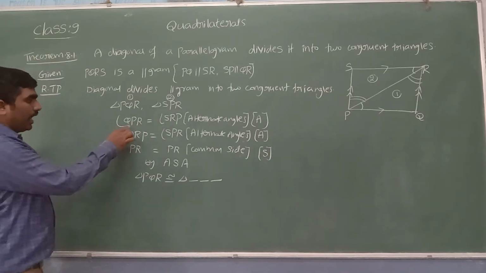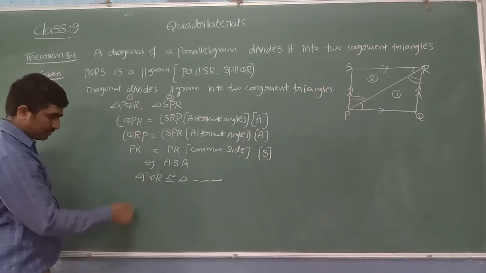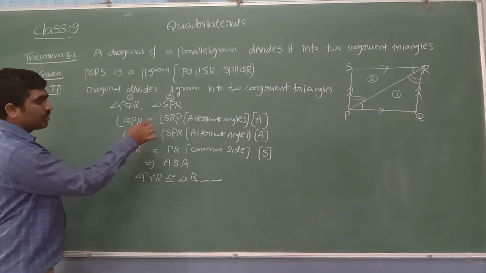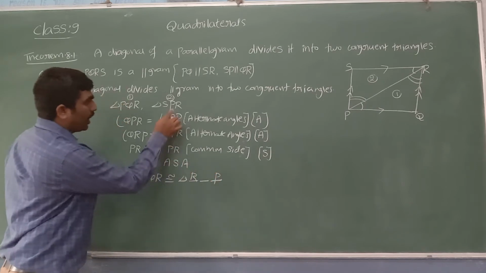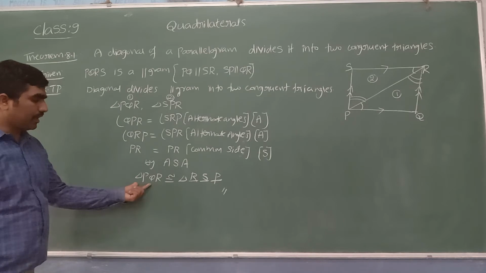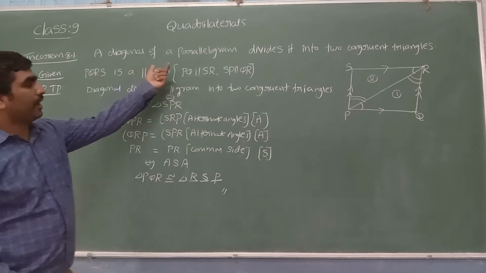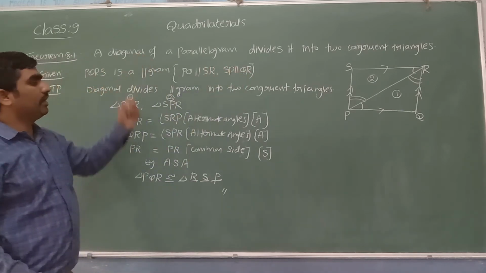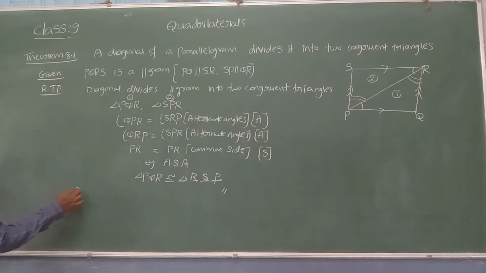Let's see here. Angle P is equal to angle R. Angle P is first, R is also first. Angle R is equal to angle P. Angle R is last, P is also last. RP is finished. One more is what? S. Yes, now both triangles are congruent. What can we say now? A parallelogram is divided into two congruent triangles when you draw a diagonal. Hope it is clear. You can write here now.